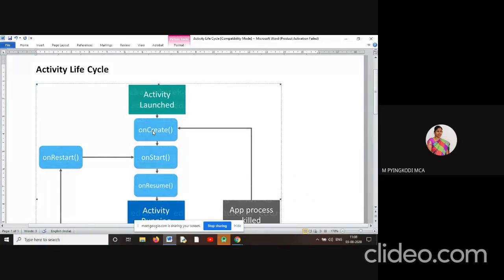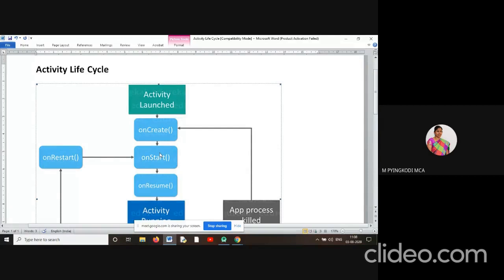Next, after that, it will enter the onStart method. In the onStart method, all the GUI elements are displayed when an activity starts.